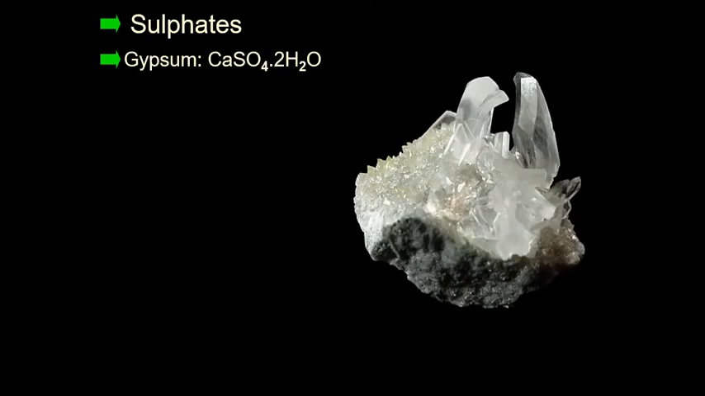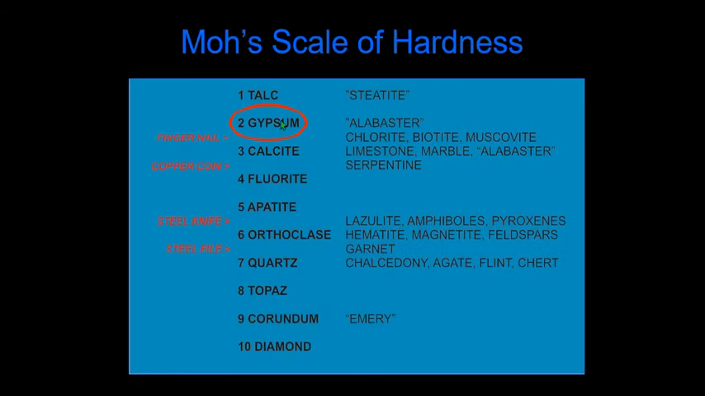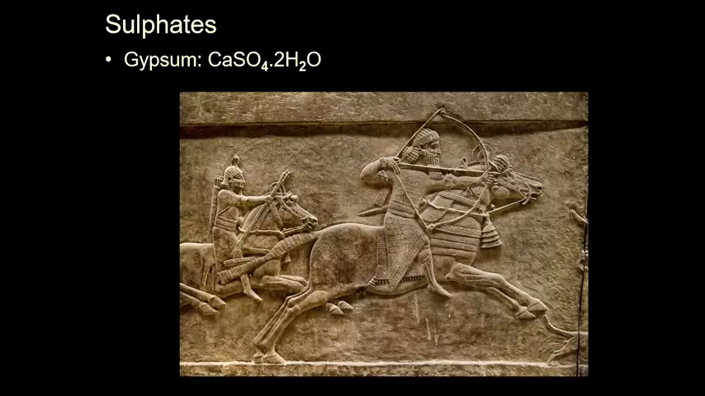Gypsum. Gypsum is a sulfate. Gypsum is 2 on the Mohs scale of hardness and is another alabaster. You see, calcite is an alabaster and gypsum is an alabaster. They're both alabaster. This is the alabaster that came from Iraq, sometimes called Baghdad marble. And so